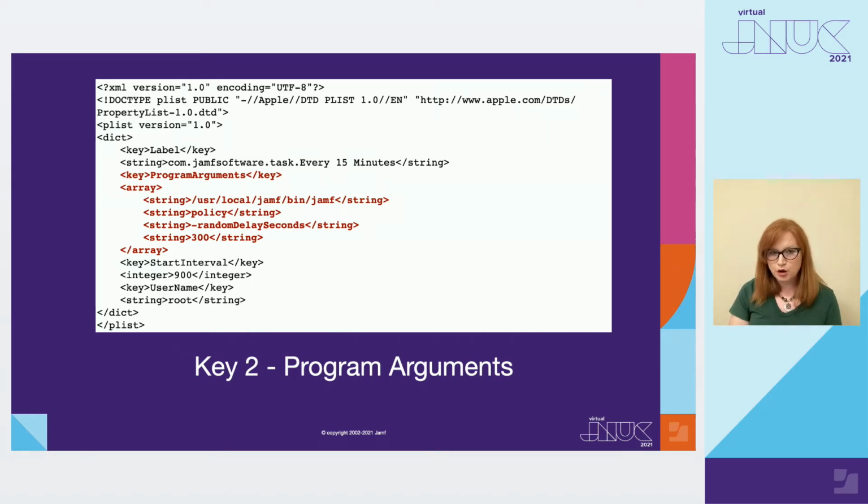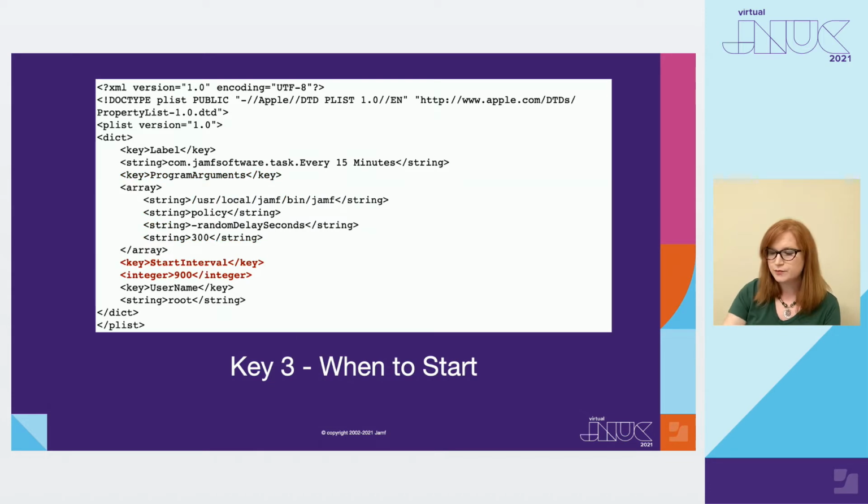But these two components, the program arguments and the label, are the only two things that are actually required on the launch daemon. If you just have these two elements, you can run this launch daemon. But the third one is pretty common, and I'll show you why.